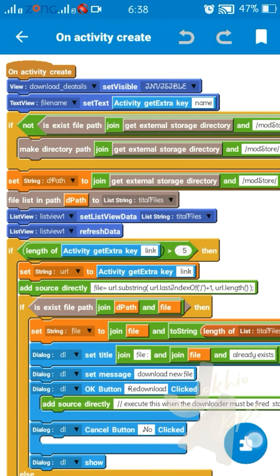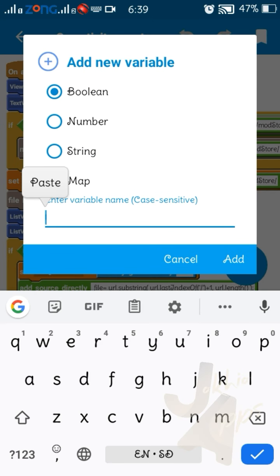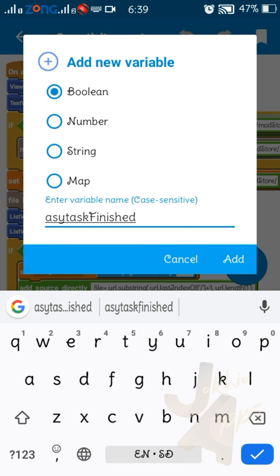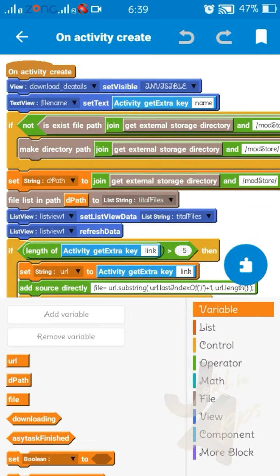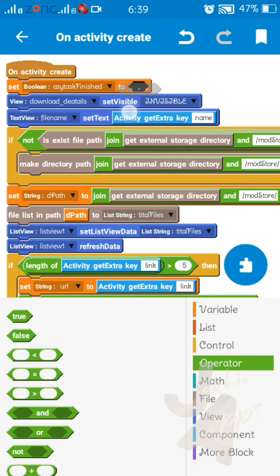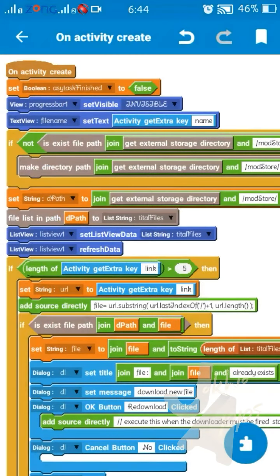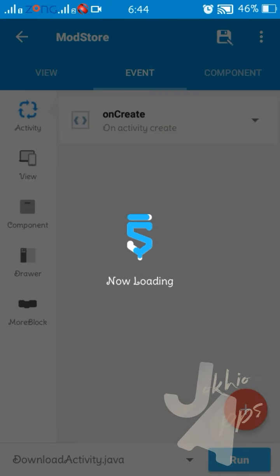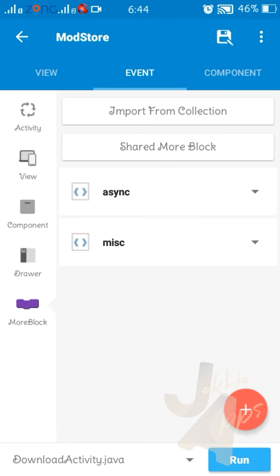Create a boolean async task finished. At on create, previously we were hiding complete download details, but now we will just hide the progress bar and